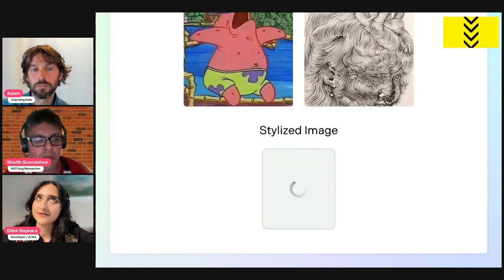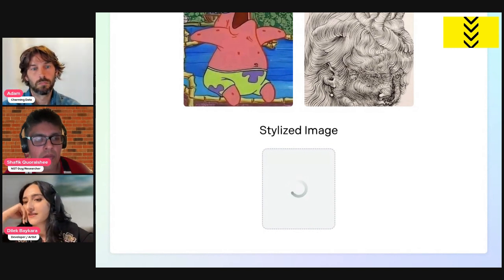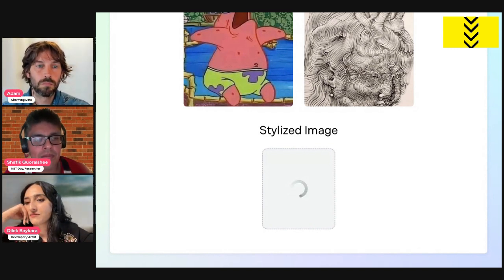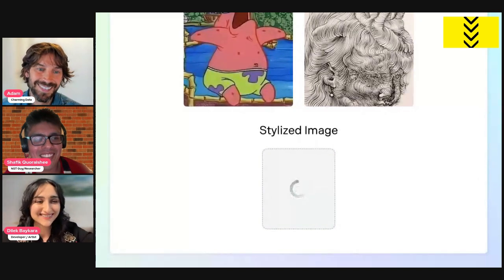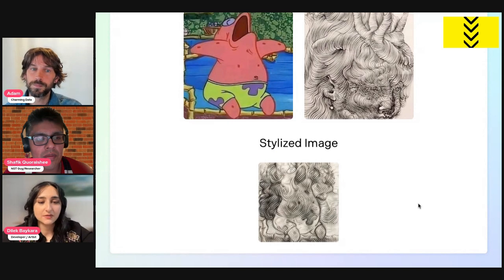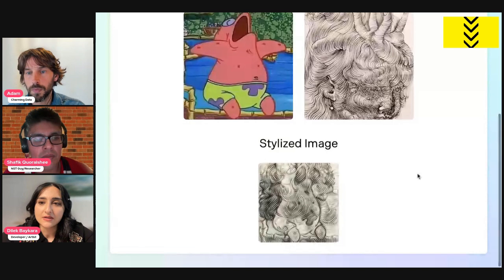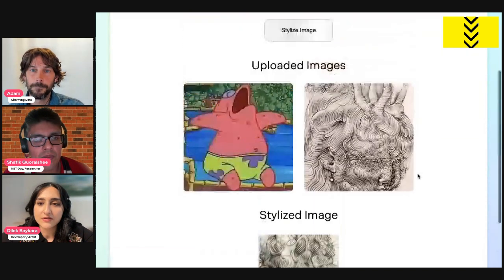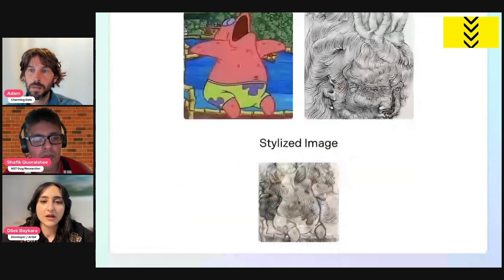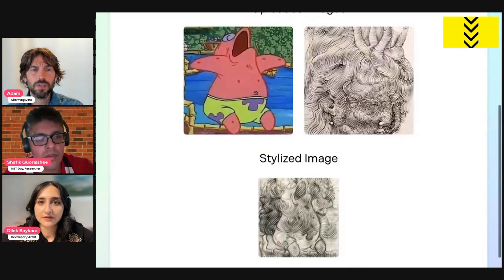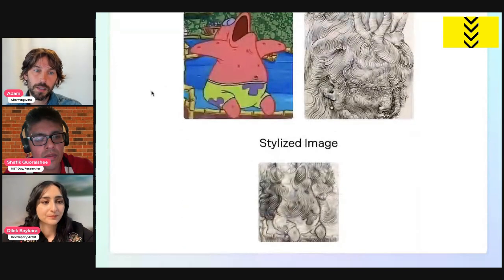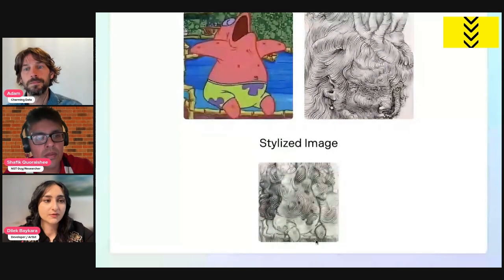A try catch block is very good practice in an API call, as error handling is really important in your code and possibly in your life as well, because we all need a plan B. It's very important to keep that in mind. All right. And now the stylized image is displayed here at the bottom. And I did apply some resizing here to allow for the result to look balanced throughout the rest of the UI. Resizing of what, of the front end, you mean, Dilek? Of the image that the server responds with.